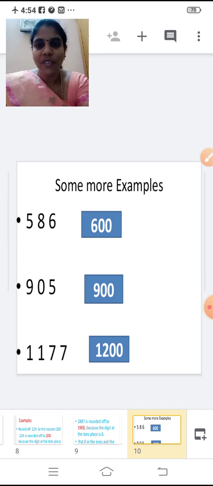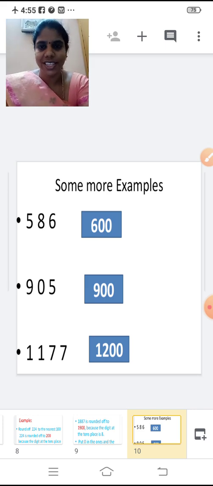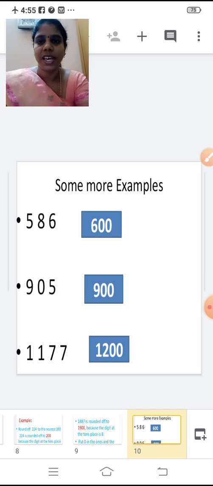Then we have to add 1 to the digit at the hundreds place. What digit are we having in the hundreds place now? 5, right? So 5 plus 1, it becomes 6. Now 6 in the hundreds place. So 586 is rounded off to 600. Second example,